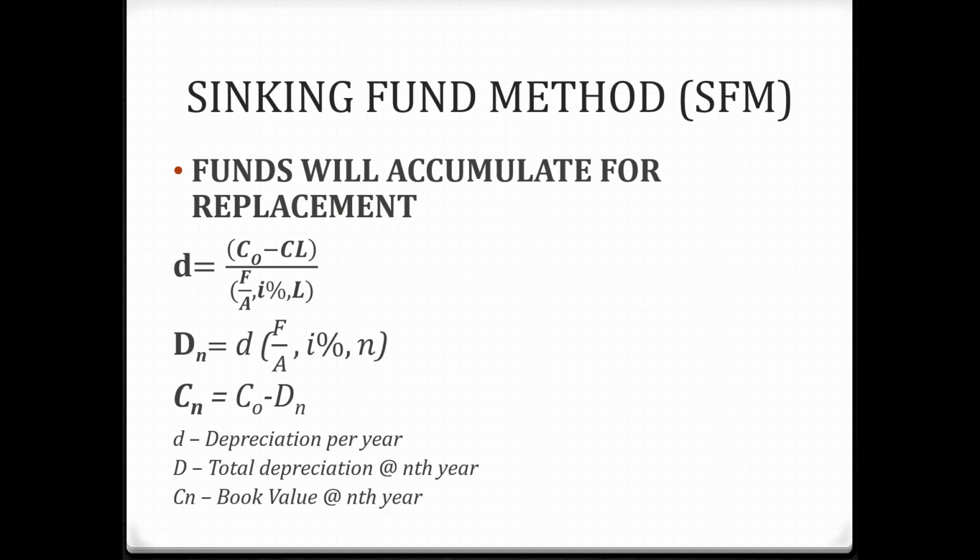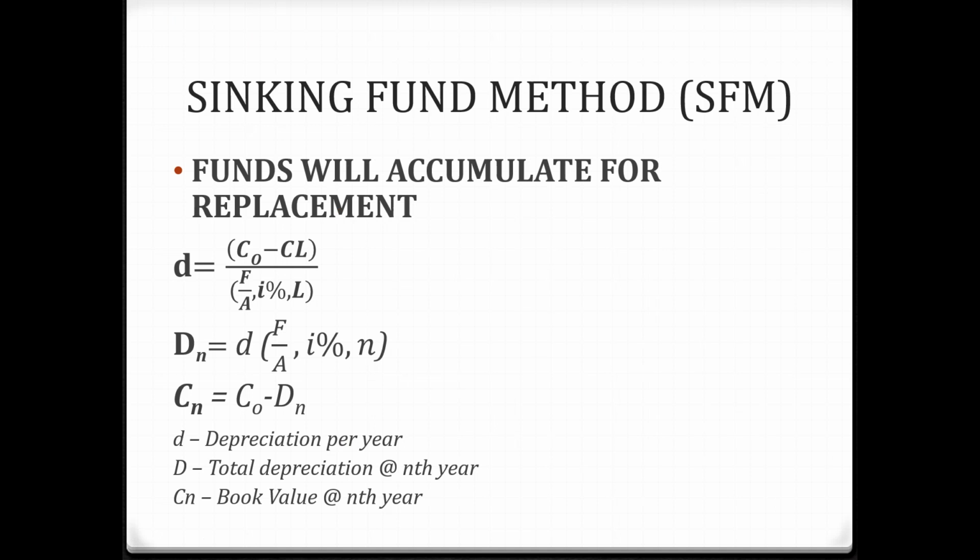So kung kanina straight line lang tayo, pinag-minus mo yung original dun sa salvage value and then divide it by the useful life. This time, ang divisor mo is finding F given A at I% at the useful life L. Okay, take note, ang timeline na ginamit is the useful life. So, yun yung ginamit sa small letter D or the depreciation at that